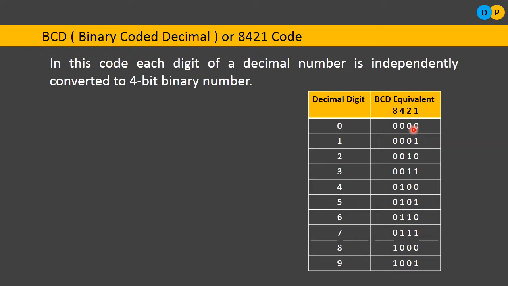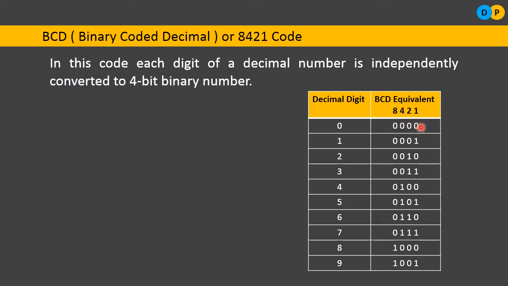As I said, the BCD coding system is also popularly referred to as the 8421 code. So how do we express these decimal digits in the equivalent 8421 code? Please notice, in order to make up 0, do I have to consider any value? No, not 1, 2, 4, 8. So what are these 1, 2, 4, 8? They are the powers of 2, binary base 2. In the binary system, what is the base? The base is 2, so we will be raising the powers.